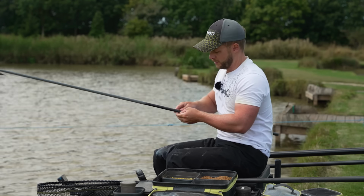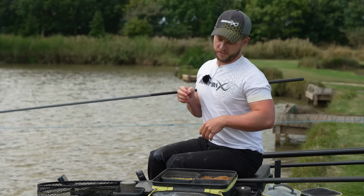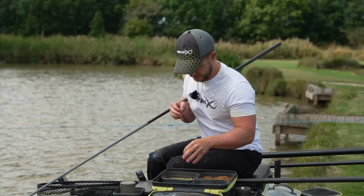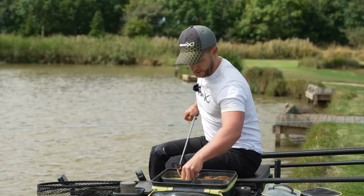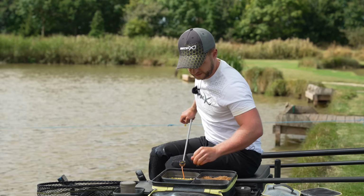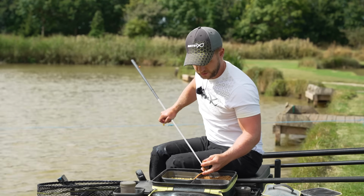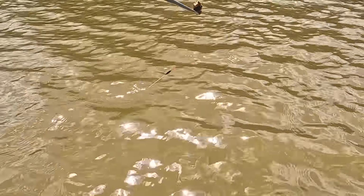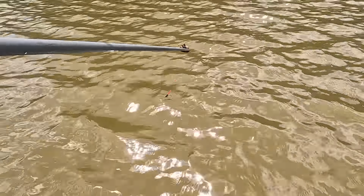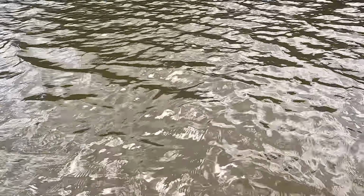There we go. Nice big piece of corn through the head, go away Mr. Wasp. Nice big piece of corn through the head of the corn. And then we're going to go, say 5 or so pieces of corn, squeezing that ball of micro really tight in that medium flexi. And then just going to tension that elastic up in line with the puller I've got in line with my knee, because it does slope away ever so slightly, and then just from a little bit of a height we put that in, and we're just going to flick that rig in